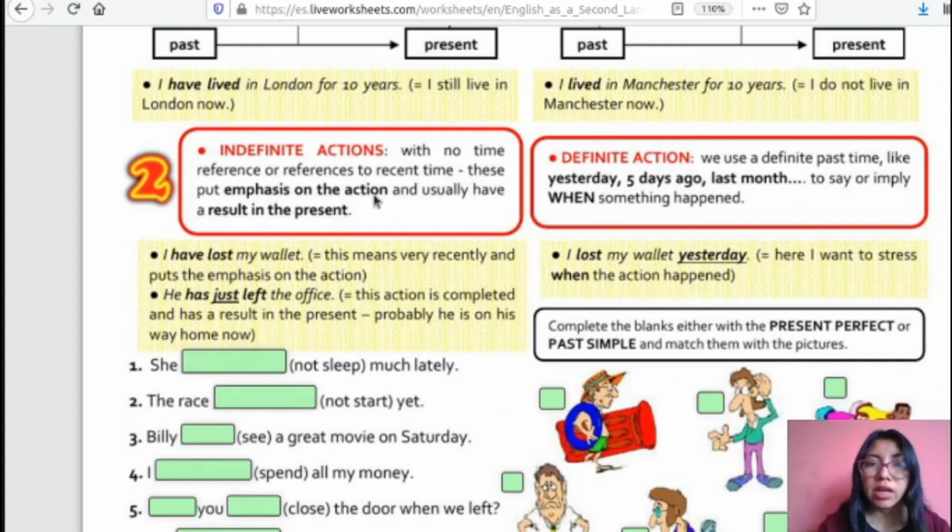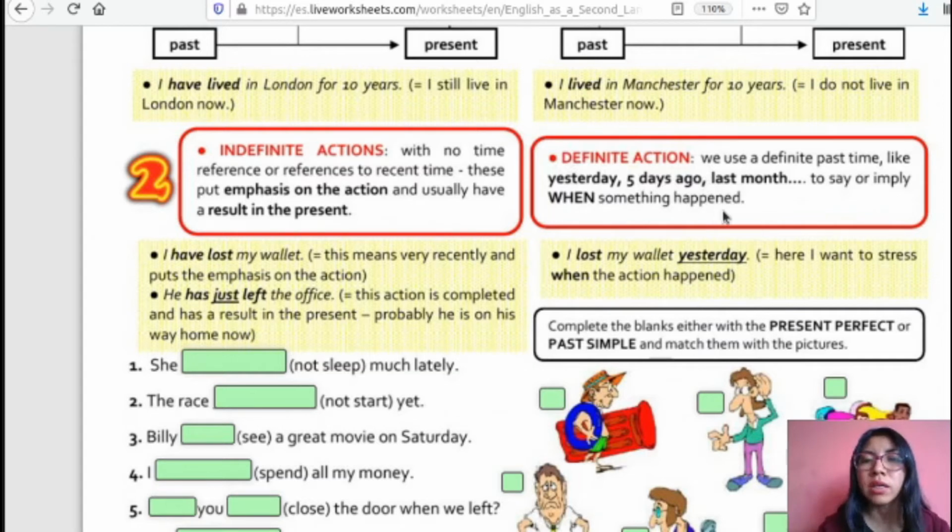And indefinite actions, because we don't know when the action happened. Okay? And definite actions, we use a definite past time like yesterday, 5 days ago, last month, to say or imply when something happened. Okay, pay attention here. It means that we are going to use present perfect in order to speak about indefinite actions, because we don't know when the action happened. Okay, and in past simple we are going to use definite actions because we know when